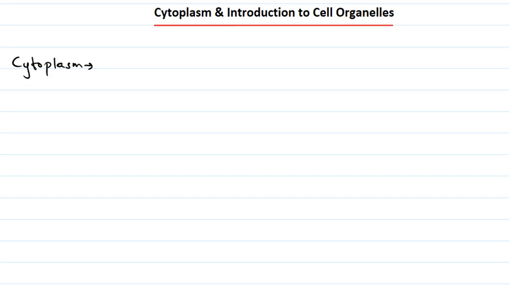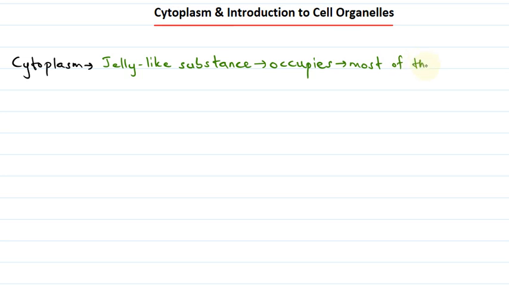Cytoplasm is a jelly-like substance that occupies most of the space that is present inside the cell. So the jelly-like substance that is present inside our cells and occupies most of the space inside our cell,